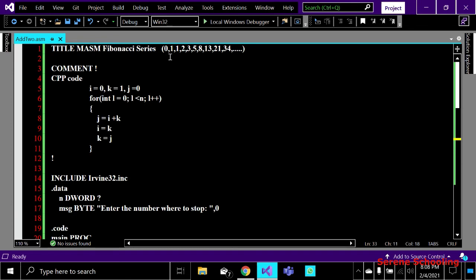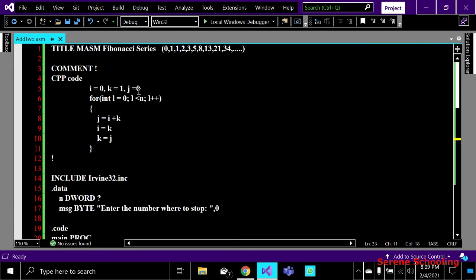Now here is my i, and previously here my k was, right? Now I also have to update my k value, so I have to move my k value over here, just after i, where we have k. Previously the j was here, so I have to update my k with j.